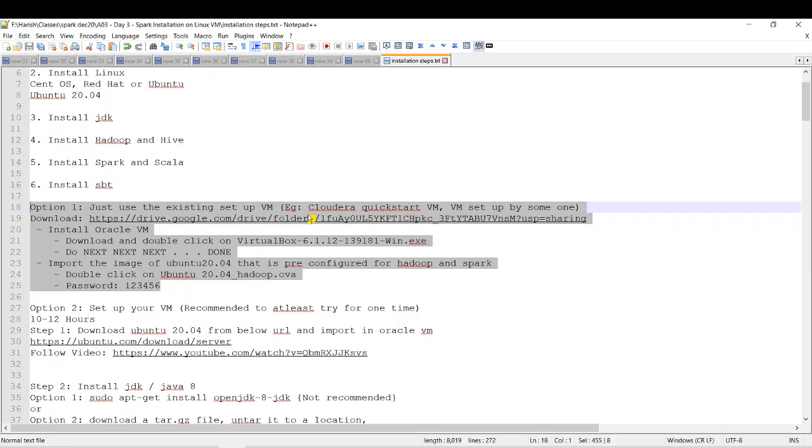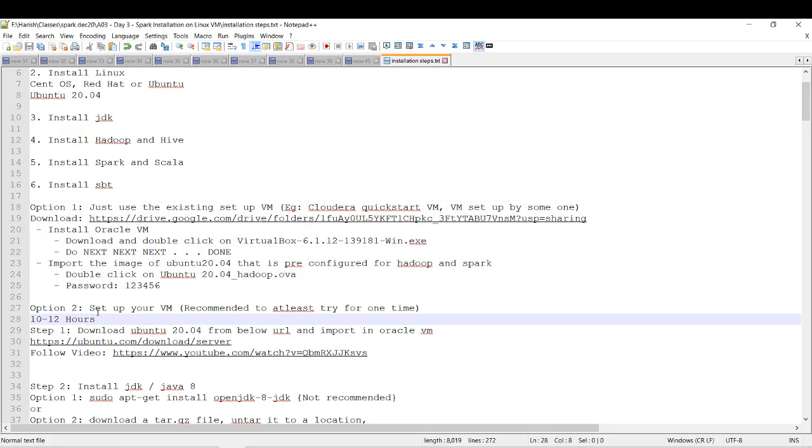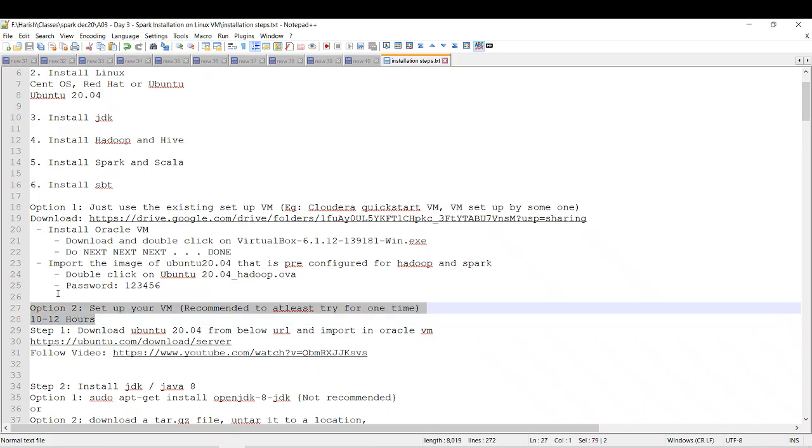Just download the virtual machine that has everything installed, Hadoop and Spark, and start using it. And option number two is you install it yourself, right? You install all the things by yourself. So what we are going to do over here is use